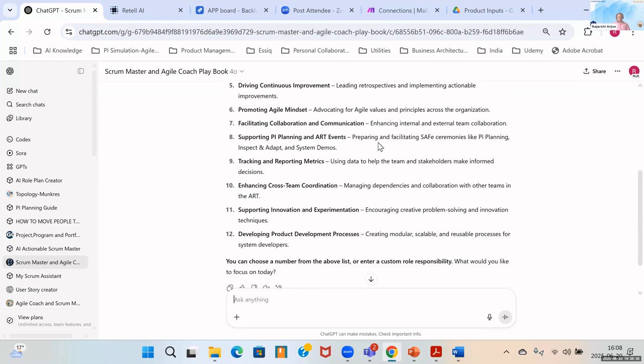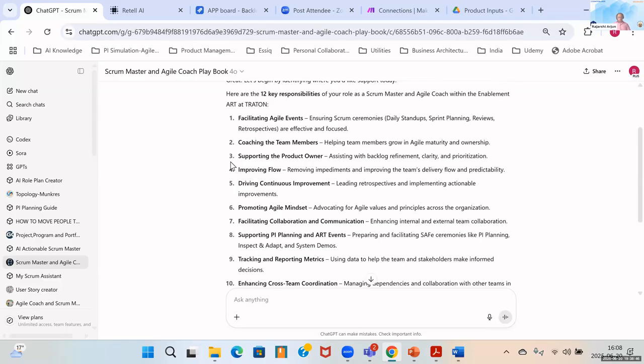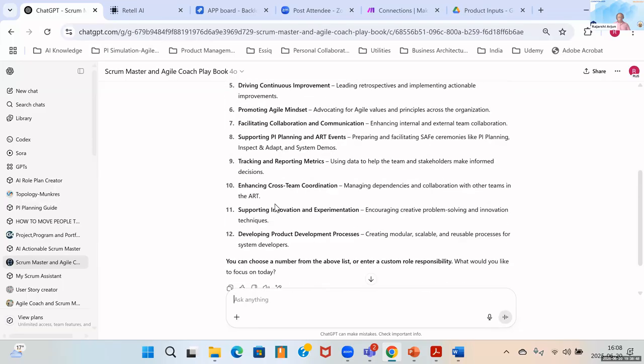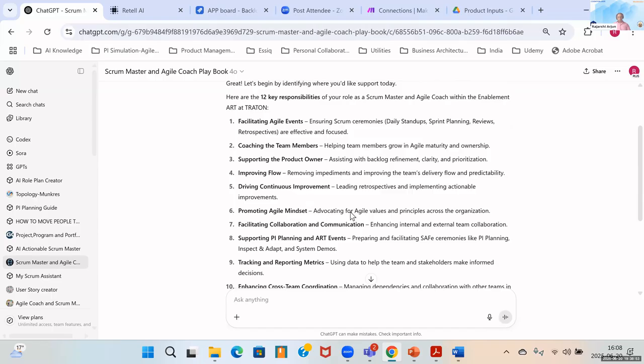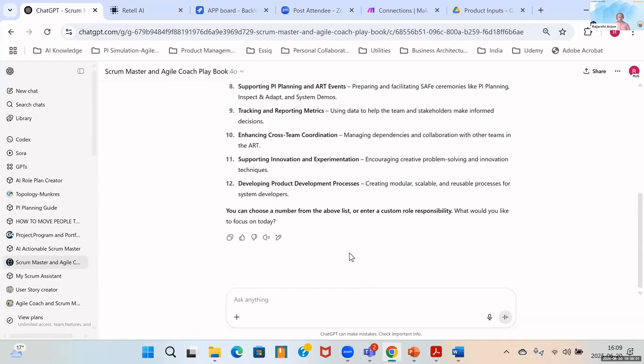Now out of these responsibilities, you as a user have the flexibility to choose something from here, or you could even write something that is not entirely in this list. So for example, if you feel that these are the things that you do, but you're doing certain other things which are not there in this list, you can still write that.